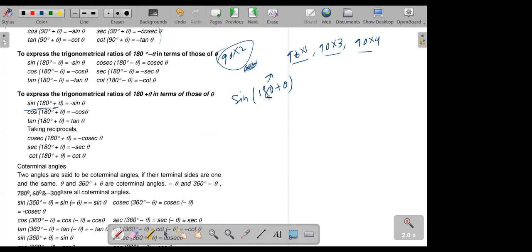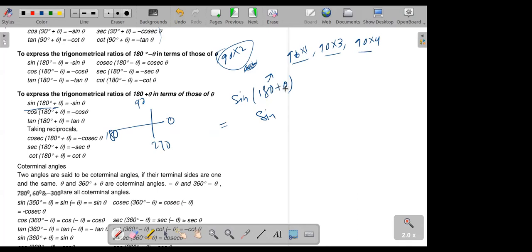So it is 180, that means it is not an odd multiple, so the sine will remain sine. This is done. Then see the quadrant. In which quadrant is it going? This is 0, 90, 180, 270. So 180 plus theta, that means...